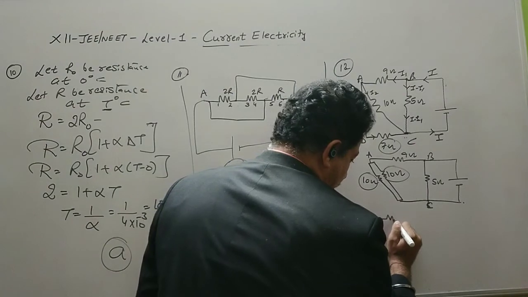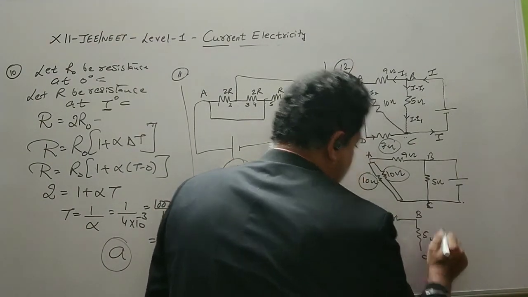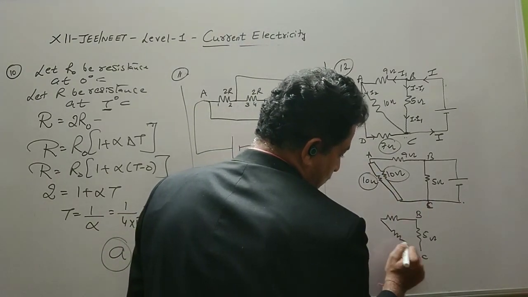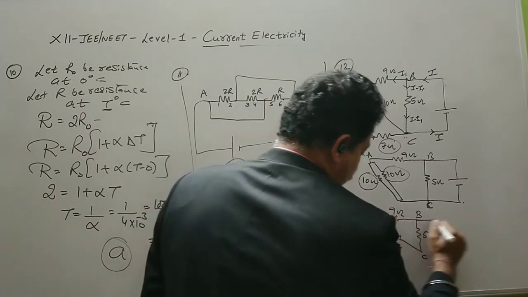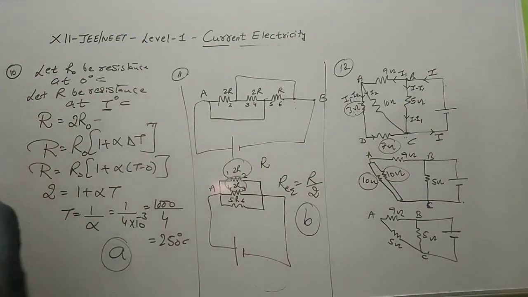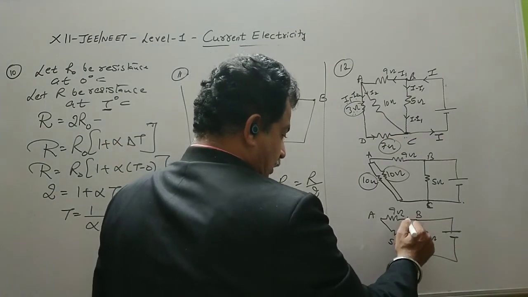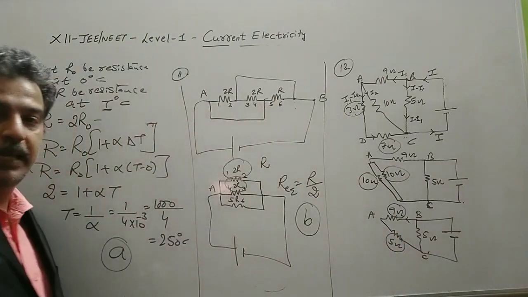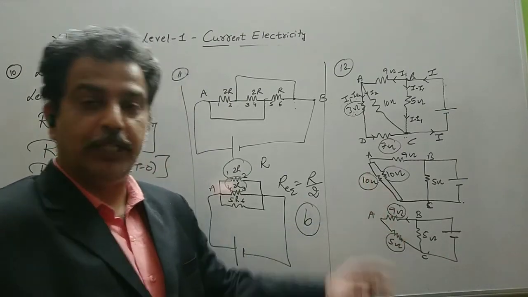So we redraw the diagram again. This is point B, C, 5 ohms. Between A and C we have again 5 ohms. This is your 9 ohms, and now we have a battery between point B and C, or a cell. Now again, if we do the division, the current in 9 ohms and 5 ohms is the same. That is, they are in series combination. So 9 plus 5, 14.